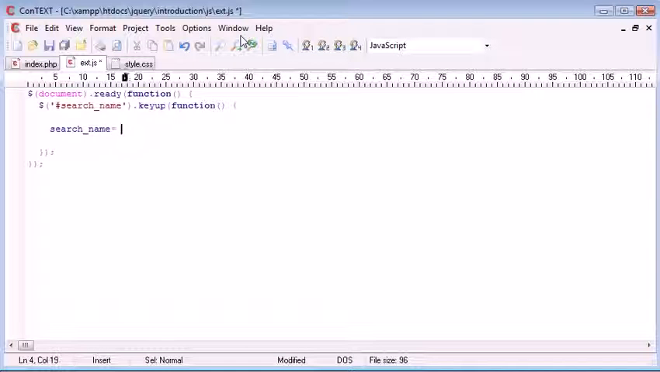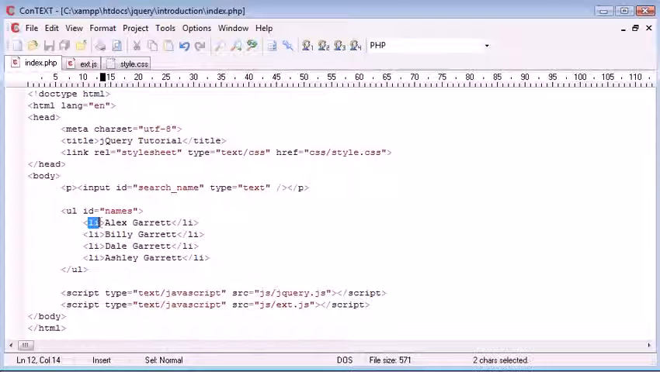So we create a new variable called searchName, and that will be equal to this, i.e. referencing back to the search name field, and then we want to grab the value using .val. So every time we have a key up, we then want to search for the searchName variable inside of this li here, so inside this names unordered list, and we want to search for